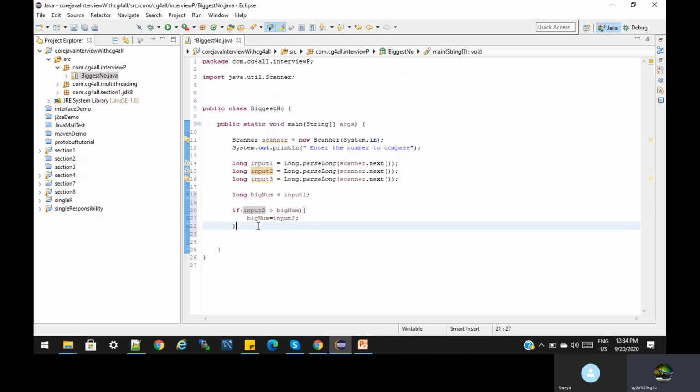Clear? Else if, or else also we can use, because here we are considering only three numbers.